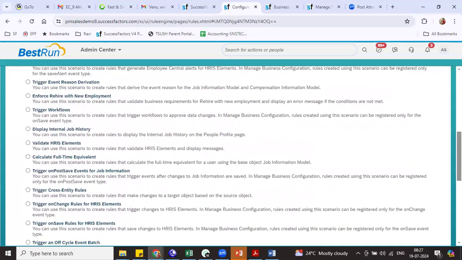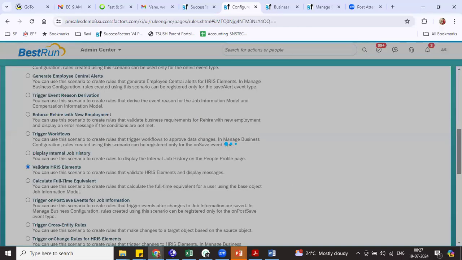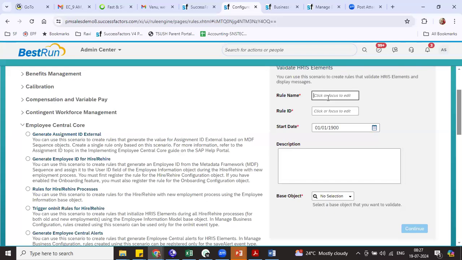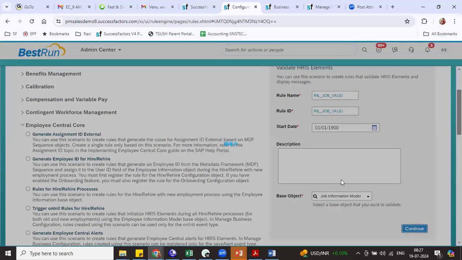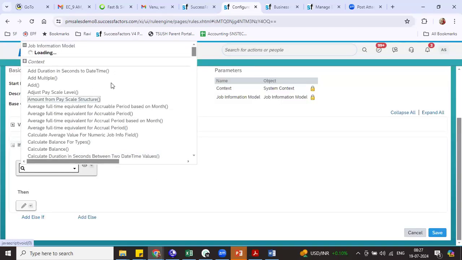There is a trigger workflows, validate HRIS elements. Name, RIL job info validation. Job information. Continue. If